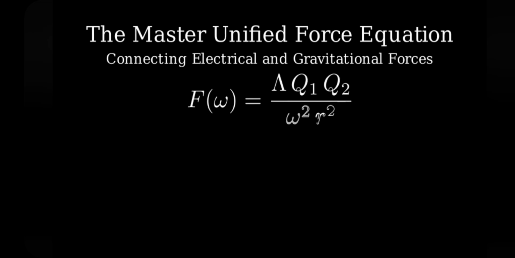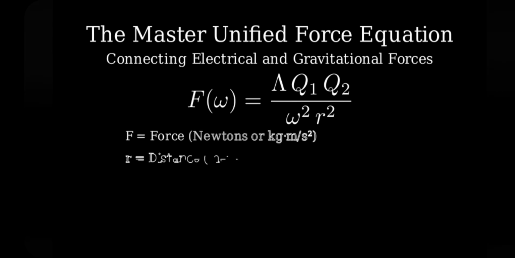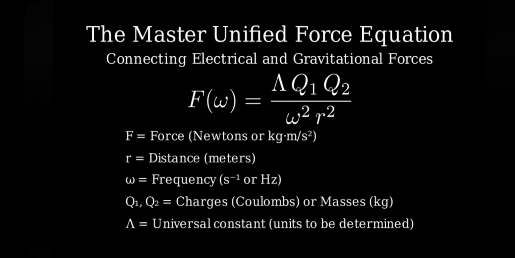Let's take a look at our master equation, which is F equals lambda times Q1 times Q2 divided by omega squared times r squared. Let's understand what each variable in this equation represents. F is the force measured in newtons. R is the distance between the charges measured in meters. Omega is a frequency measured in per seconds or hertz. Q1 and Q2 represent the respective charges of the two objects, which could be electric charges measured in coulombs or masses measured in kilograms when calculating gravitational force. And lambda is a universal constant that works for both electrical and gravitational forces, and its units will be determined